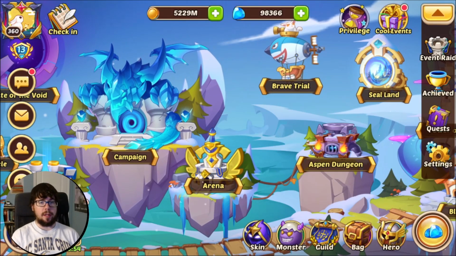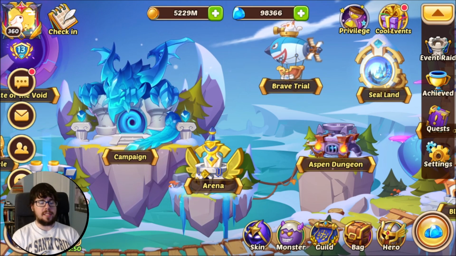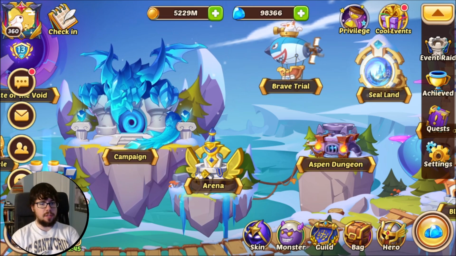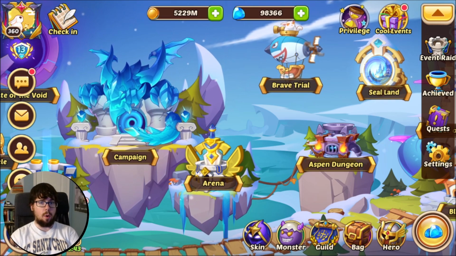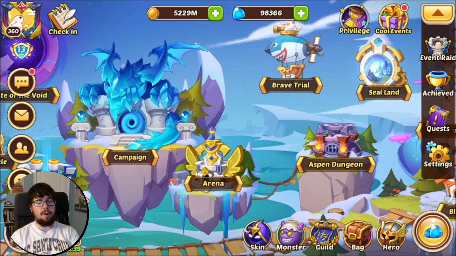What's up everyone, Doyler here, and it's time for my shelter event guide slash tutorial, along with some tips and tricks. I know a lot of you, especially new players, are asking how this event works and how you should be getting your hero copies, as well as what the rewards are and some mistakes I see far too many